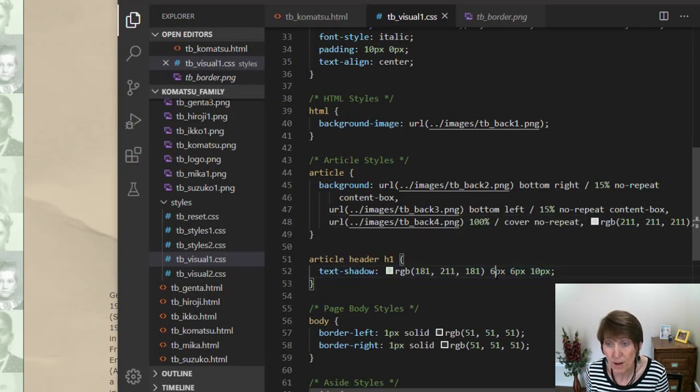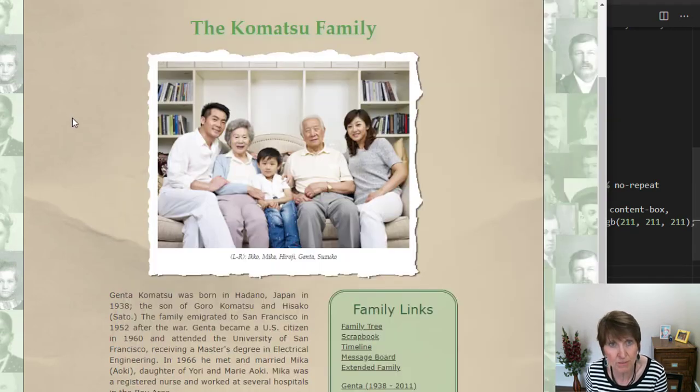All right, what we want on this one is 2 pixels in the X direction, 2 pixels in the Y direction, and a 1 pixel blur. So almost just a very little bit of blur. So now you see that color, it's not offset very far, just 2 pixels to the right and 2 pixels down and just a teeny bit of blur, just 1 pixel of blur. And that's how we do a text